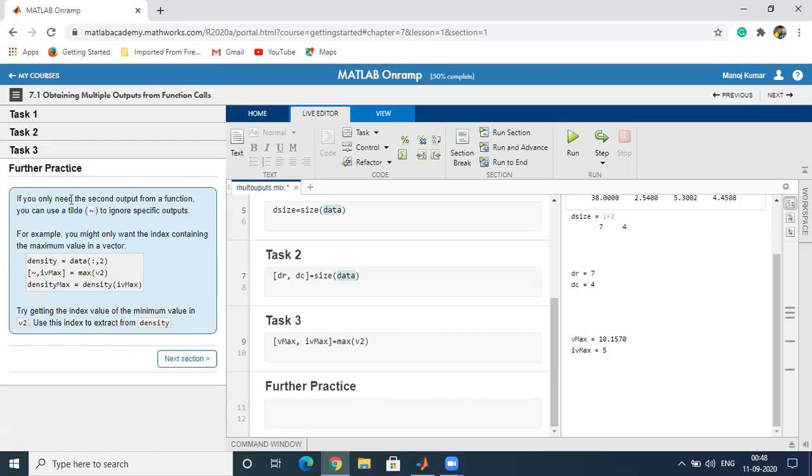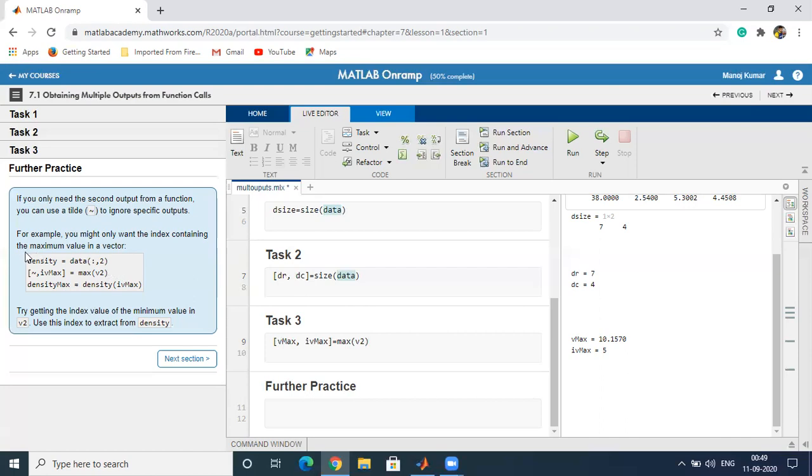For example, if you only need the second output from a function, say you want only the index at which the maximum value is present in a matrix or a vector, and you don't want the maximum value itself, then we can avoid it just by typing the tilde for the maximum value inside the square brackets, and then we only get the second output.